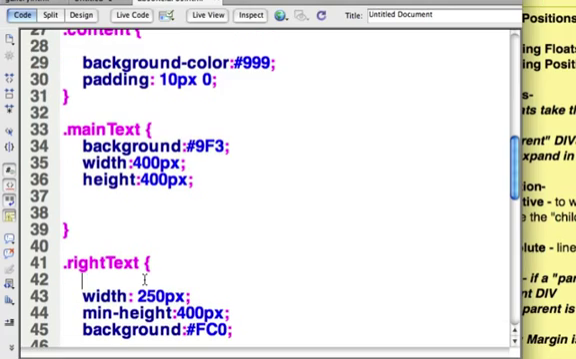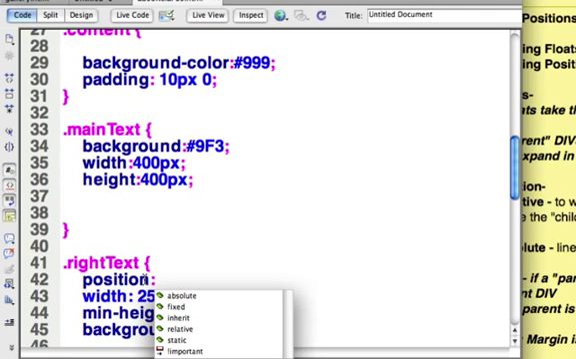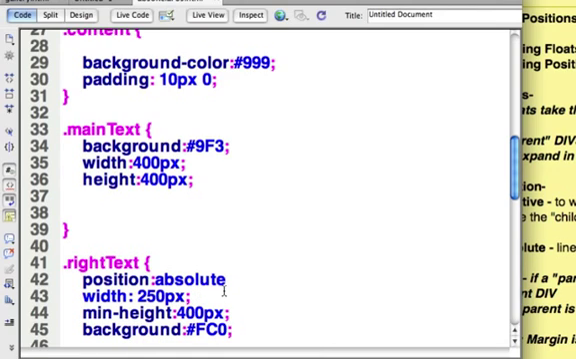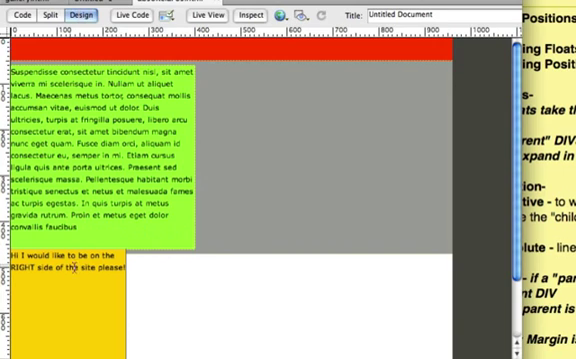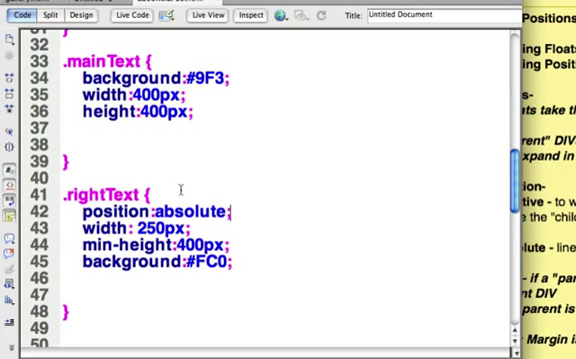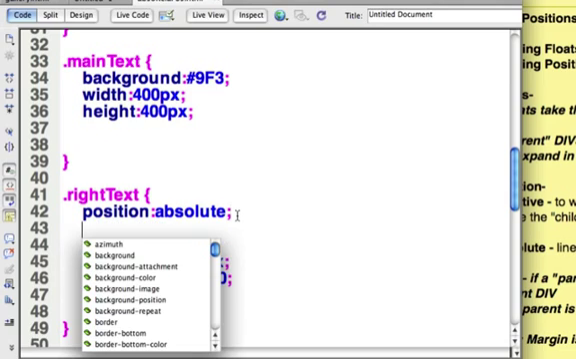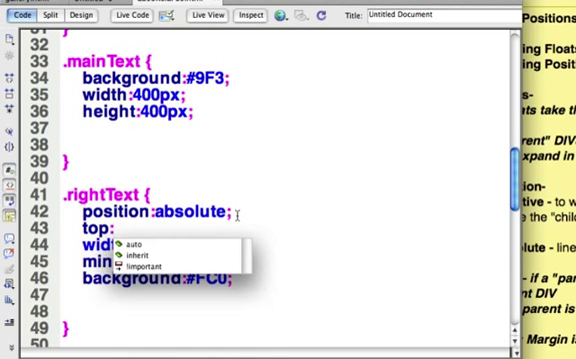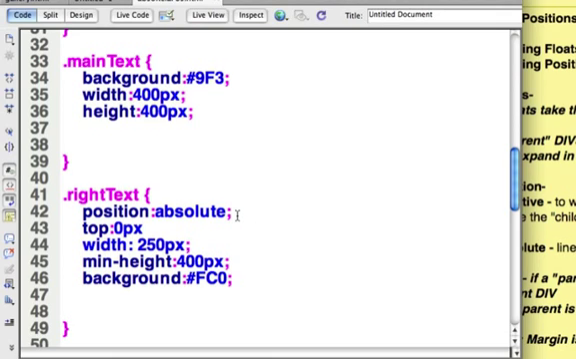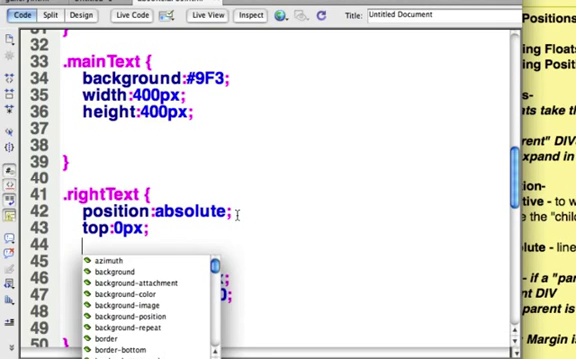So what I'm going to do is start with the right text class, and I'm going to put a position on that first. Position, and I'm going to pick absolute for that, and semicolon. Okay, nothing's going to happen yet to it. It hasn't moved yet. And I'm going to tell it to be positioned, not margin, but top, colon, 0px, semicolon. And then I'm going to tell it to position on the right,